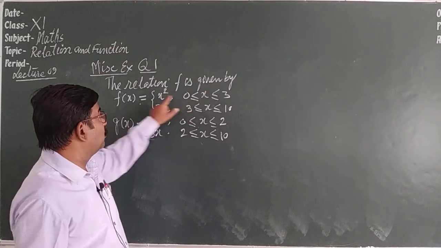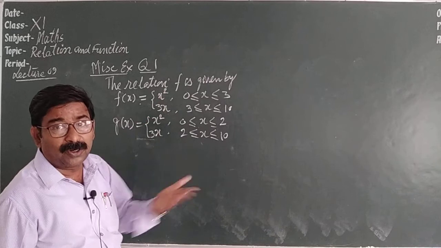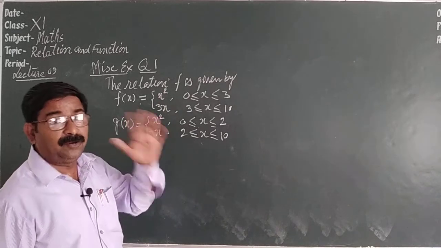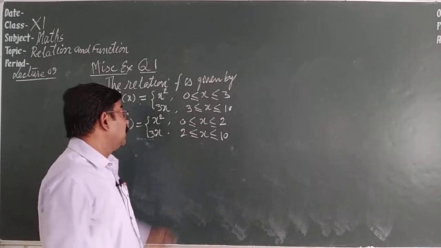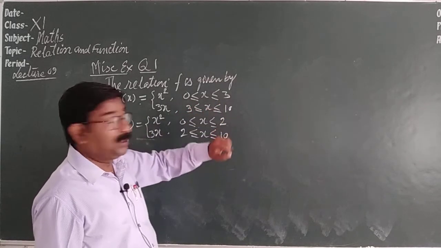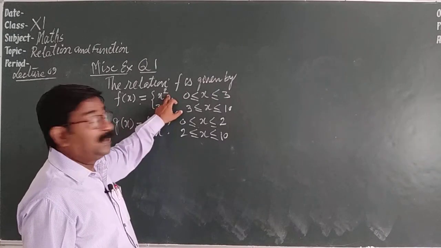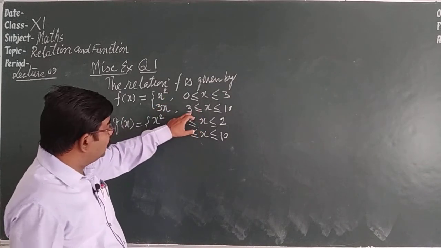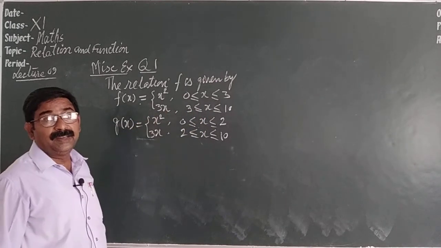If you take x is equal to 1, so 1 square is 1. You can write all ordered pairs, 10 ordered pairs, starting from 0 to 10, 11 ordered pairs. If you put x is equal to 3, so 3 3s are 9. So 3 and 9, and if you take x is equal to 3, this 3 is also in this function. So 3 3s are 9.